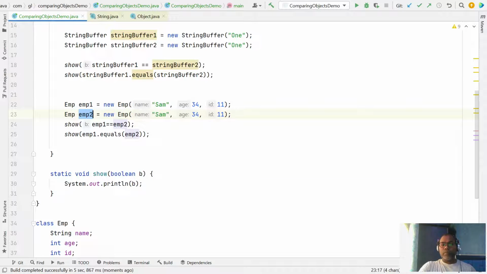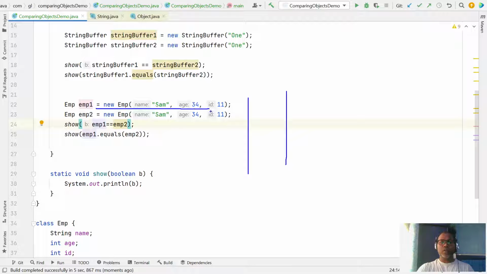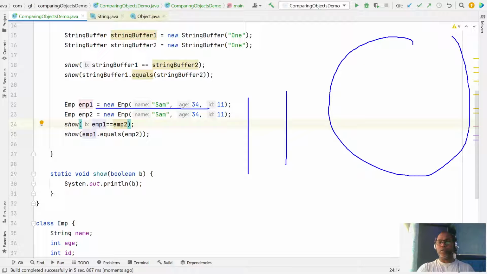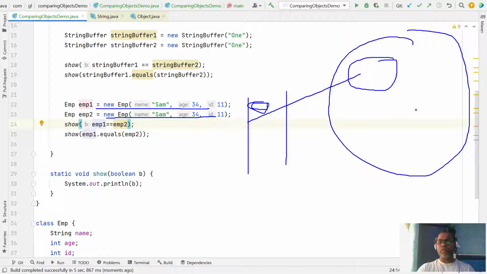Why? The reason is, in this case we have created one employee object, which is created in heap memory and referenced by employee 1. Another new employee object is created in the heap and referenced by another variable, and you are trying to say both are equal.